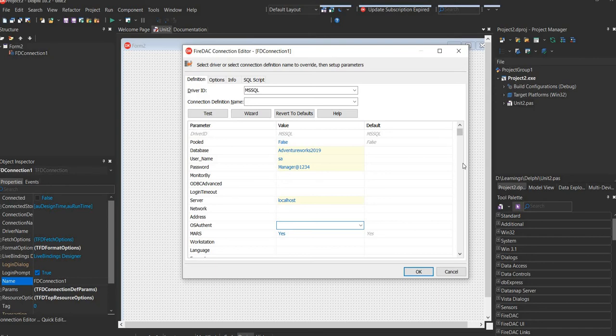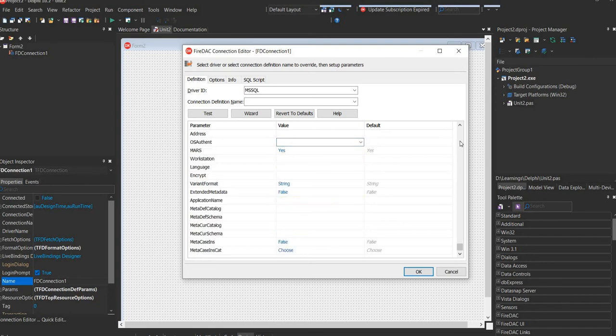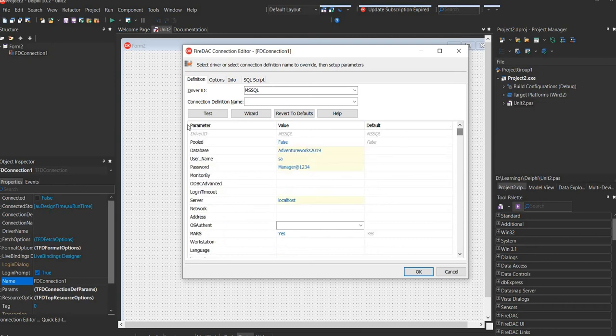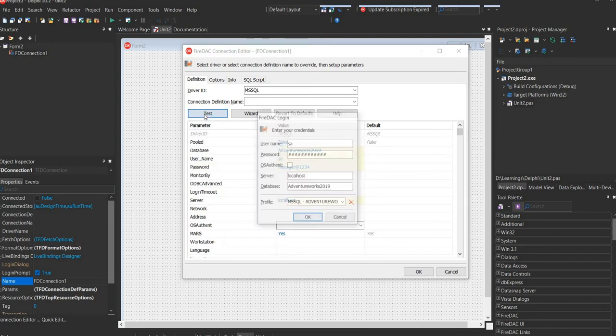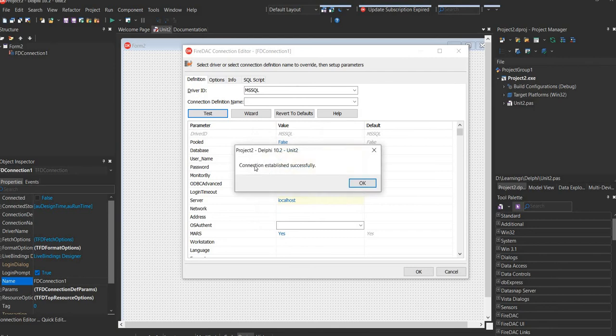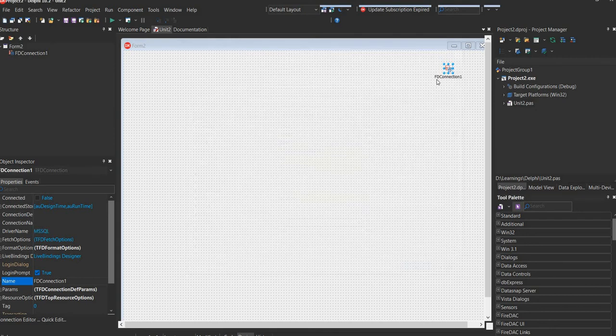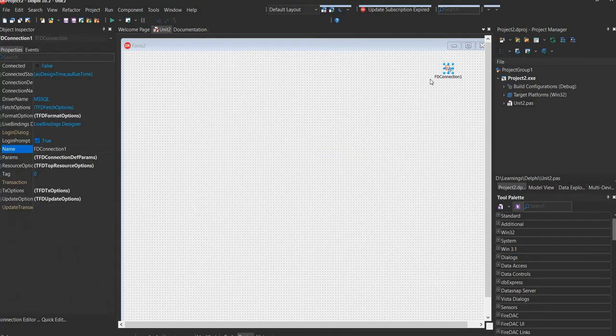So we can leave other properties blank or at default. Just test the connection. So a connection is established successfully. Click OK. One important property which I want to set for this FDConnection is to set LoginPrompt to false so that it doesn't prompt again and again.